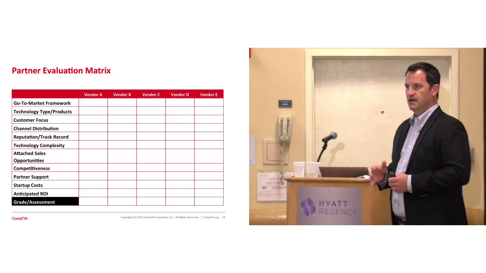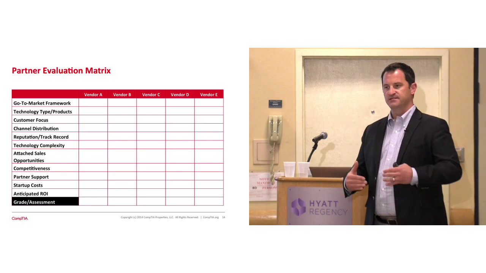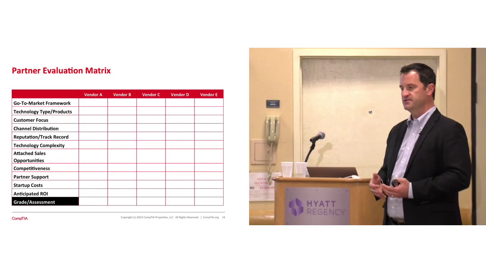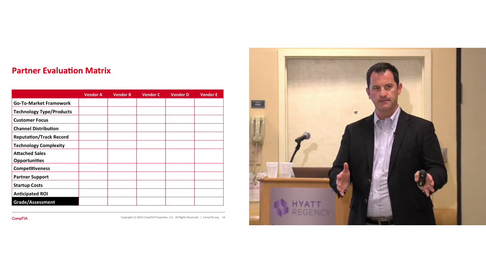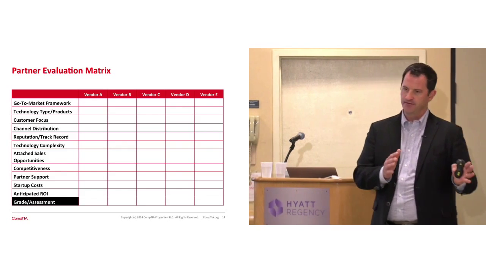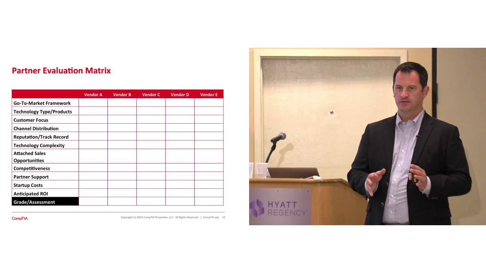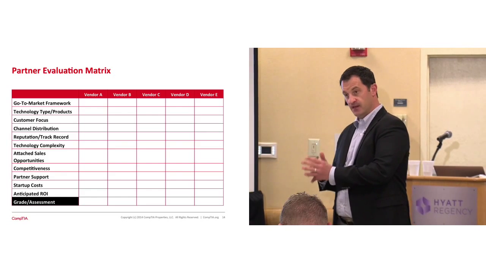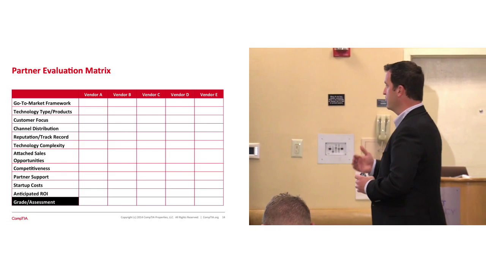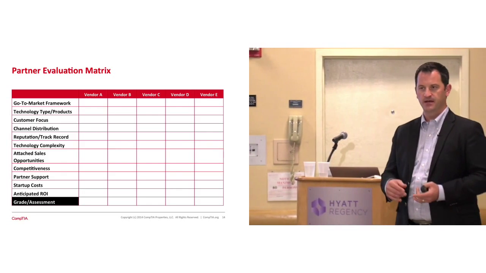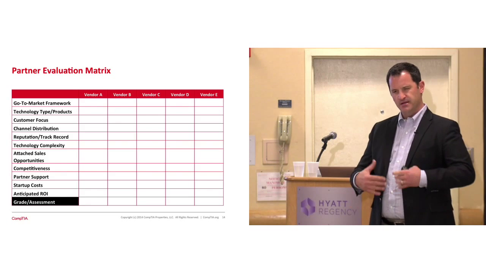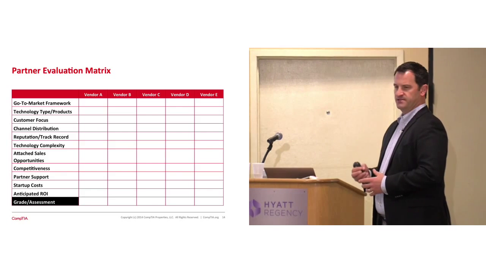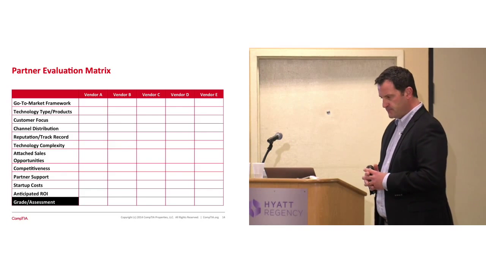Customer focus. That criteria is what type of customer they go after. Not every solution is designed for every market. Most solutions have a sweet spot. Hey, listen, we're really SMB focused. This solution is designed for the 1 to 20 person office. Another solution might be really good for the 20 to 100. Another solution might be good for the 100 to 10,000. You have to look at your customer and find out which solutions match up, both with an industry and also a company size.